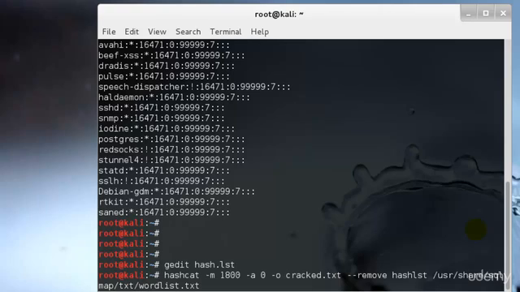Perfect. Over here, before I proceed, -m 1800 designates the type of hash that we are cracking, that is SHA-512. Over here, -a 0 designates a dictionary attack. -o, it means the cracked.txt is the output file for the cracked passwords, where we would be saving everything. --remove tells hashcat to remove the hash after it has been cracked from the hash.lst, our input file of hashes. /usr/share/sqlmap/txt/wordlist.txt is the absolute path to our word list for